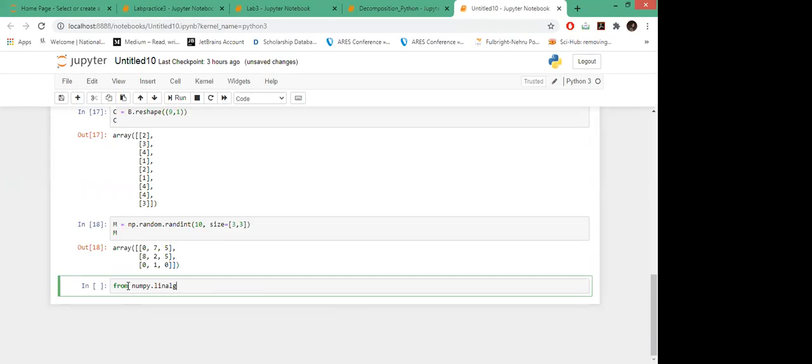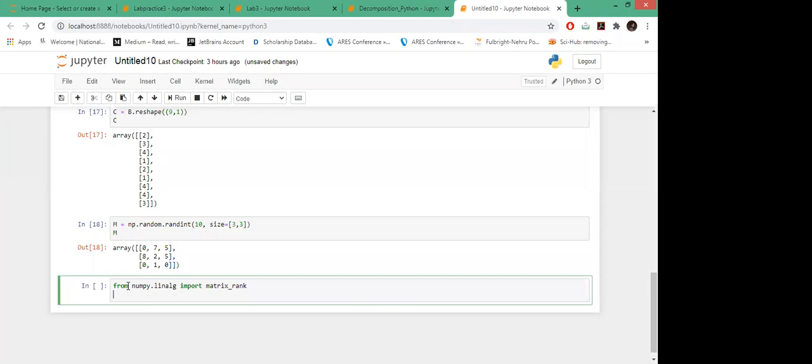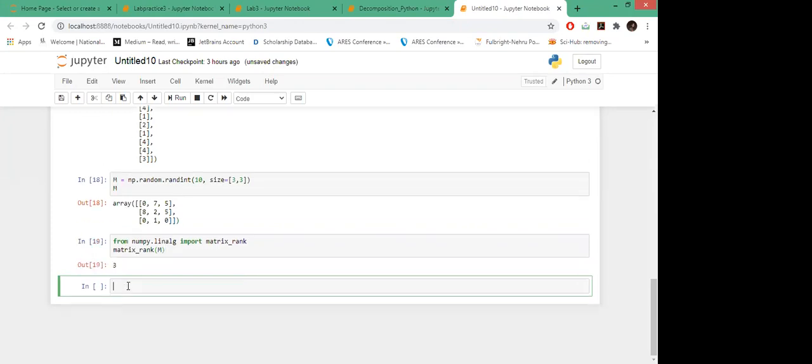This is the command, and then from that I will import matrix rank to know the rank of my matrix M. Let's see. Now I will just call matrix rank and pass M. Okay, so it has 3. The rank of the matrix is 3.